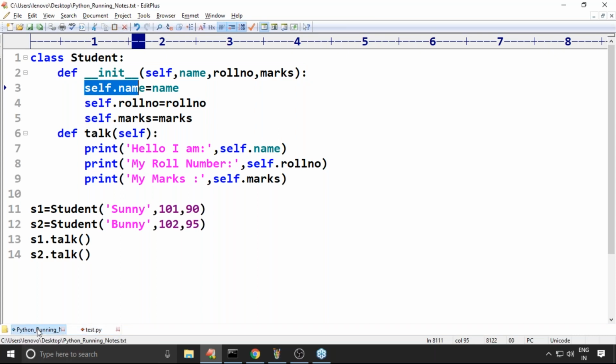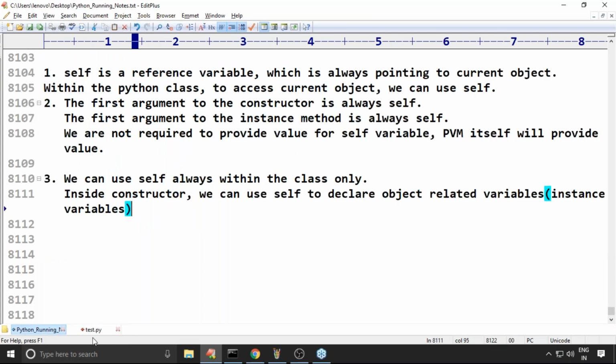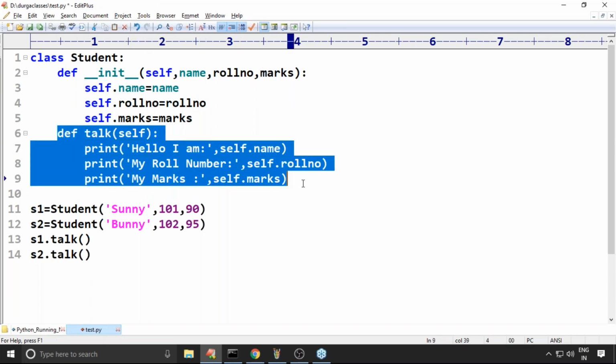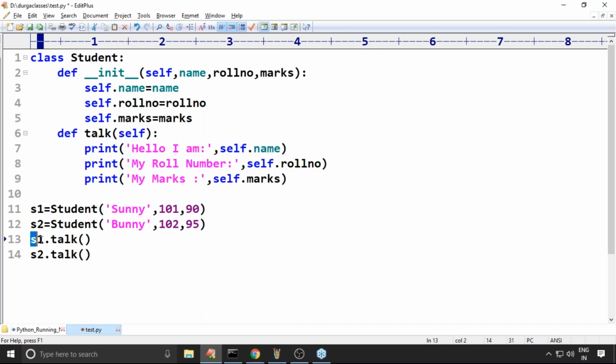Next, is talk an object-related method or not? Can you please confirm? Yes, because you are calling it on the object, s1 dot talk. Can you please talk related to object s1? Can you please talk related to object s2? Object related.